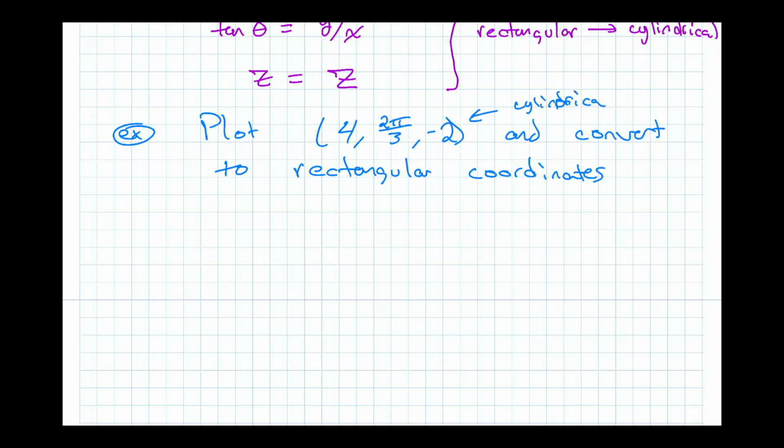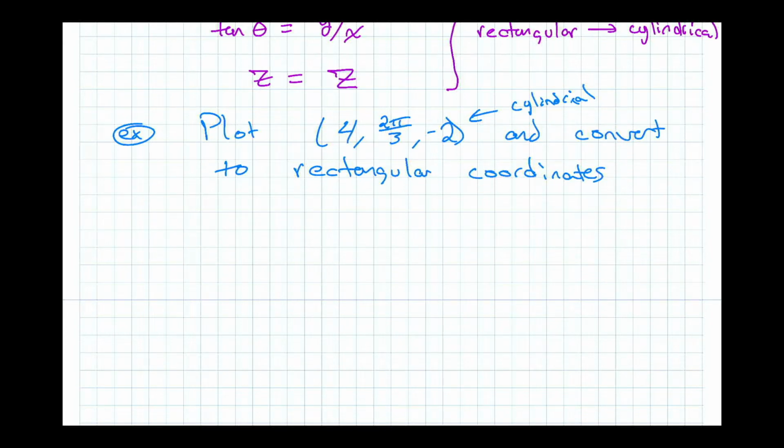Now you might think, of course it's in cylindrical because it's got a 2 pi over 3 for theta, but you don't actually know that, right? Like this could be x, this could be y, this could be z. So you can't just assume that it's in cylindrical by looking, okay? Those could have been rectangular as well. They could be spherical as well. You don't know. So somebody does have to tell you what they are,